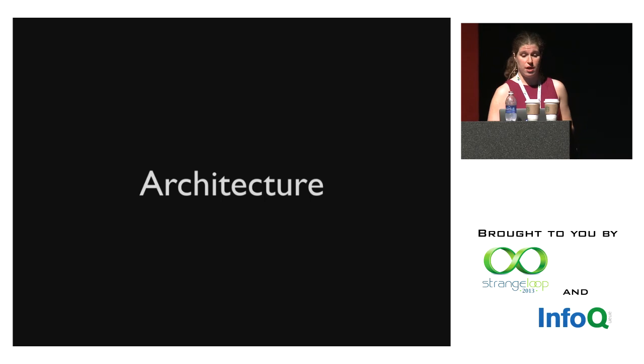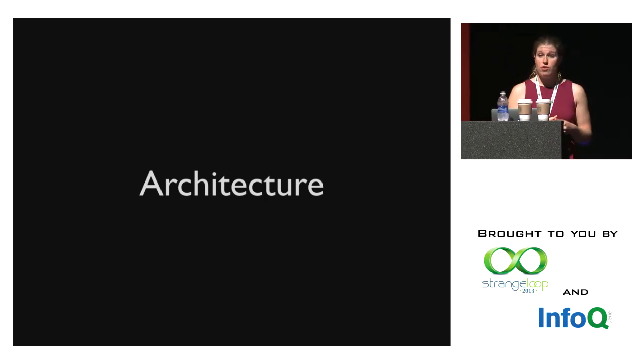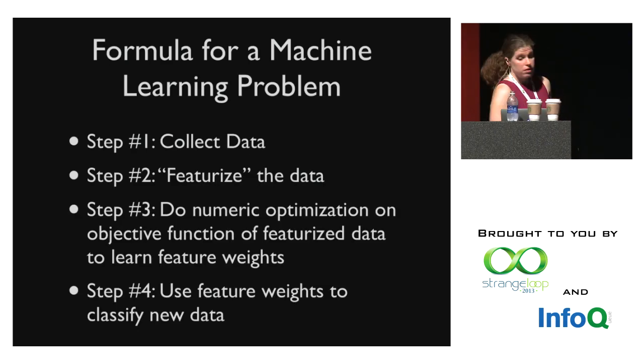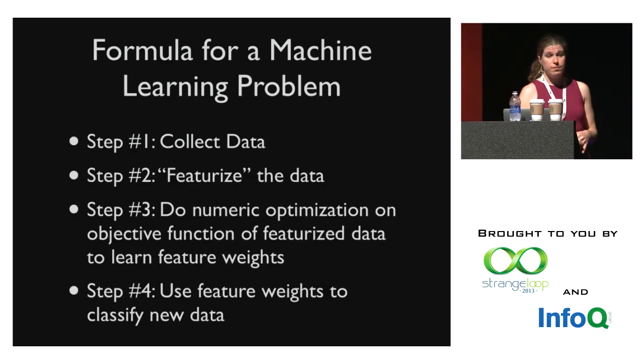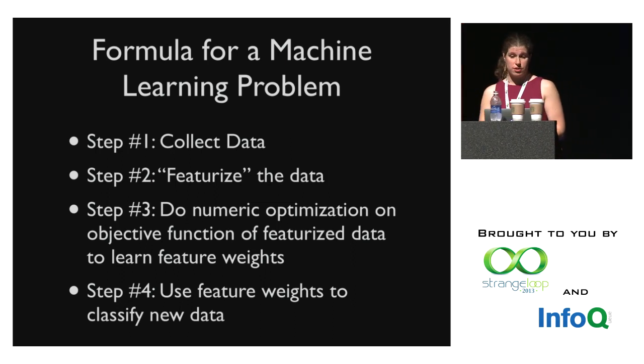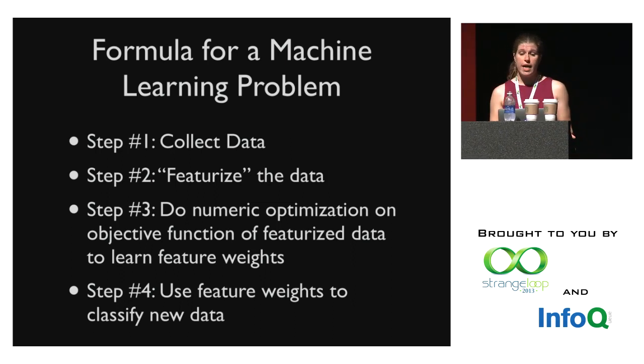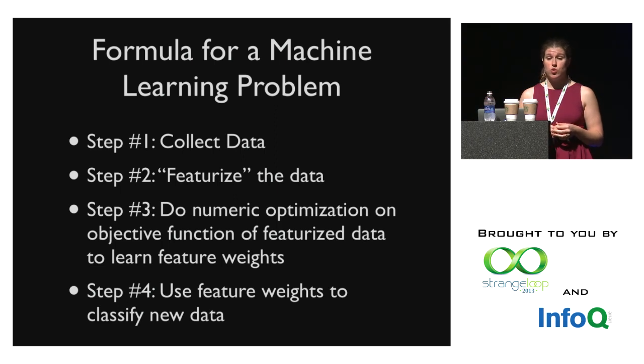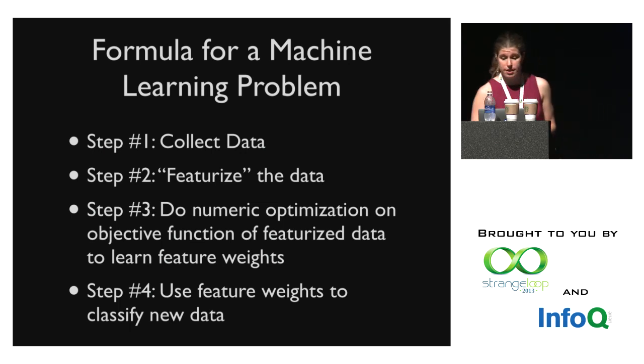OK, so now we can get to the good stuff. And I can describe to you how we actually built our relevance system. So how do we turn this into a machine learning problem? Well, we can look at people's old sessions, and though, like I said earlier, we can't know anything about how they hypothetically may have interacted with the stories that they didn't scroll to, we can learn a lot from how they interacted with the ones we did show them. So to do this, we build a model of article user interactions, such that for an article user pair, we predict how positively or negatively that user is likely to respond to that document.